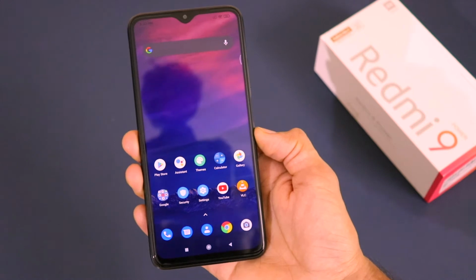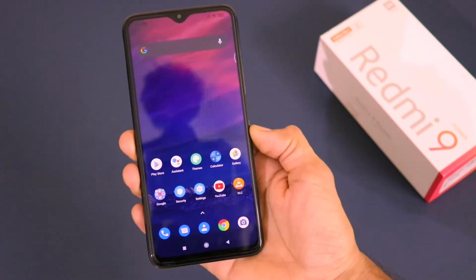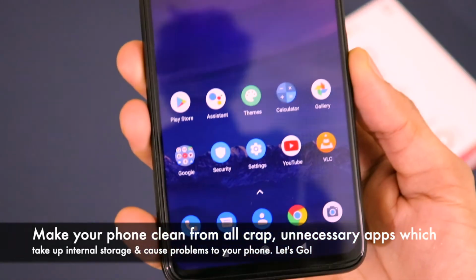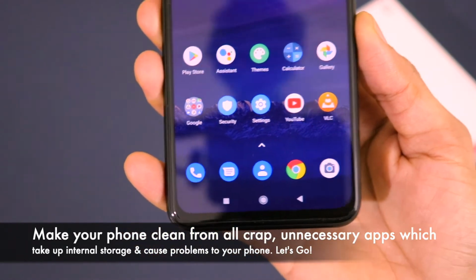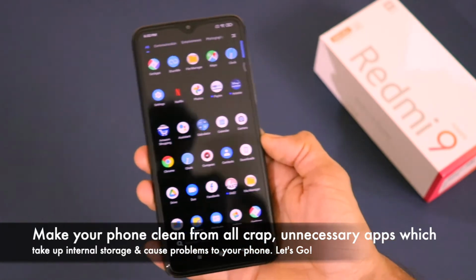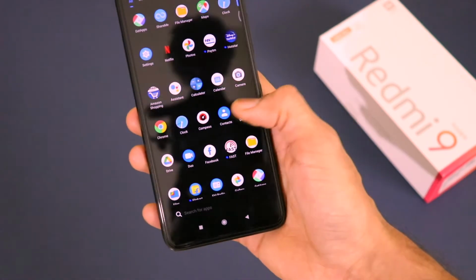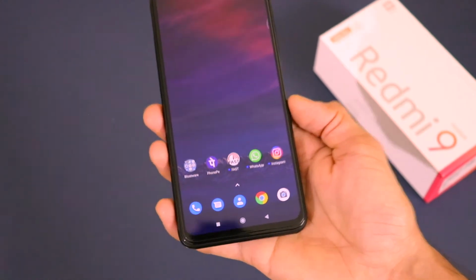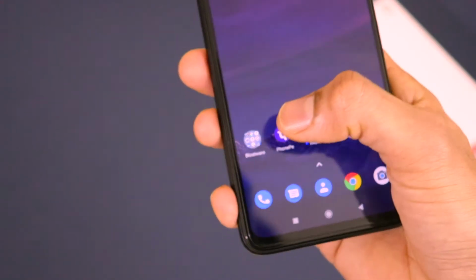In this video I'm going to be telling you guys how you can remove all the bloatware applications on your Redmi 9 Power smartphone. So this is my Redmi 9 Power. I brought it from the first Amazon sale, guys. As you can see, when we set up this device, there are a lot of applications which come pre-installed, guys, and I've actually put all these applications which came pre-installed in a folder on my home screen. As you can see, this is a bloatware folder I've made.